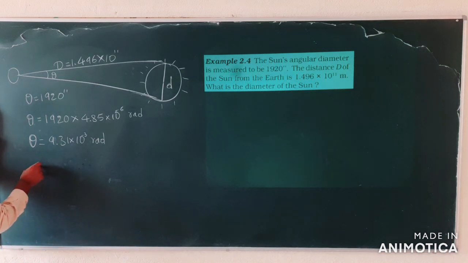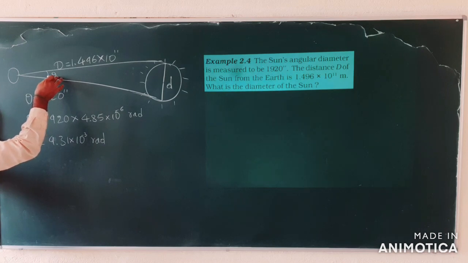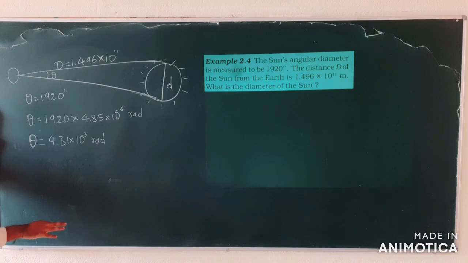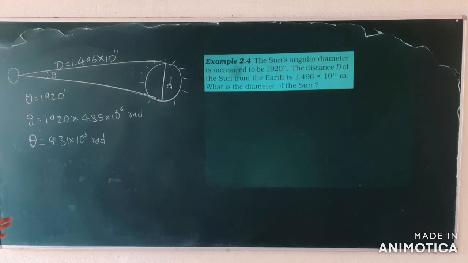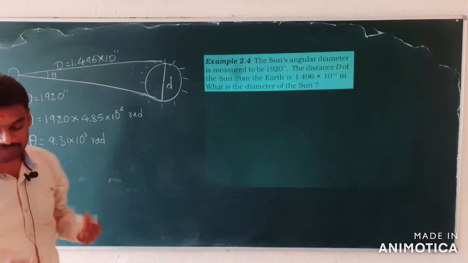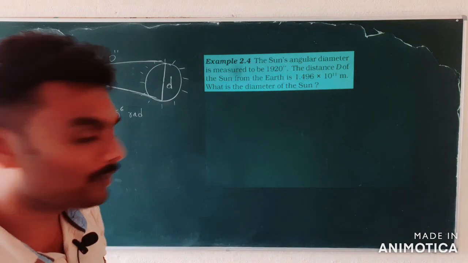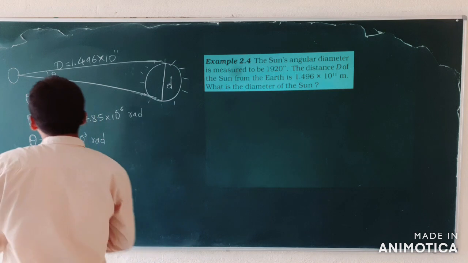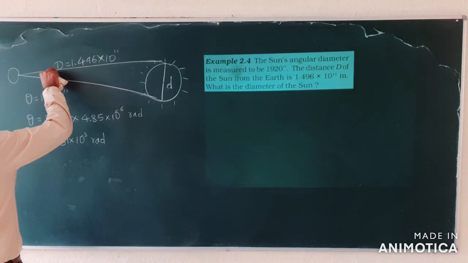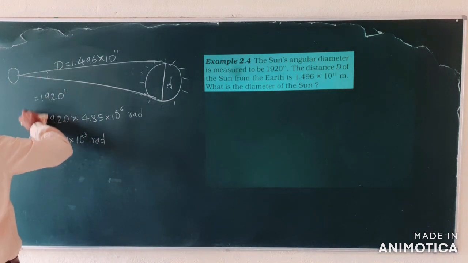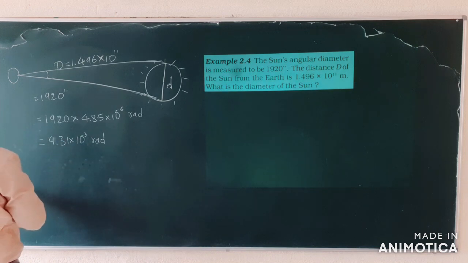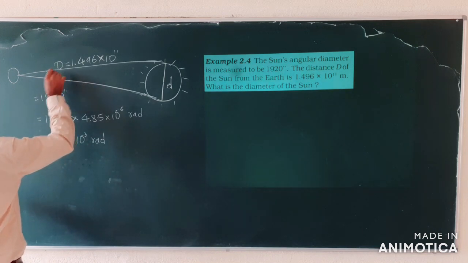So I can take this as theta, or I can also put this as alpha. That's fine. It's only about the symbol that we use, no problem, even if the symbol changes. Don't need to worry. But sometimes you might get confused about keeping theta as d is equal to D theta. So let me replace it. Let me take this as alpha.